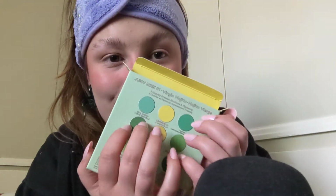Yeah, I'm gonna close this, but I am going to read out the shade names from here, because each of the shades has a lovely name. And I love that it's food themed too. It's so cute. So we have Teal Dream,